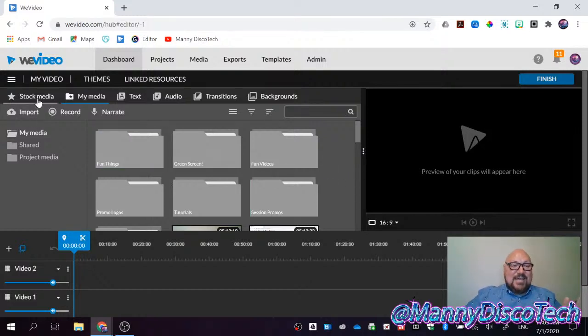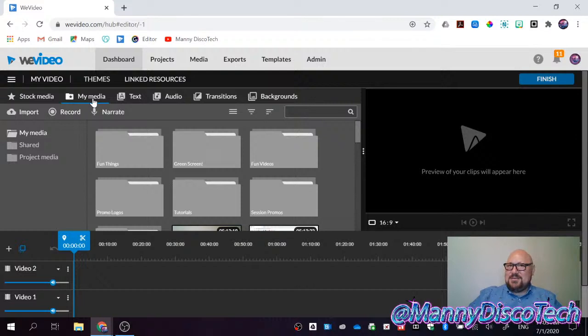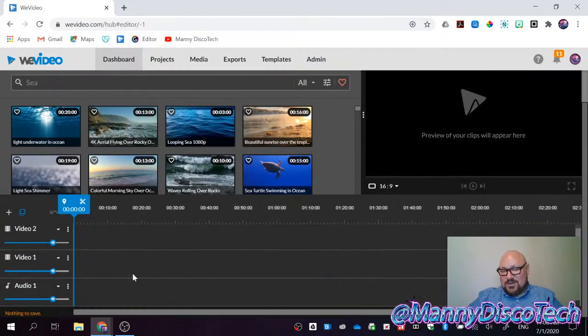before, it used to open in the stock media, and this was the view that you will see when you click here on the star. Now, I guess now I started my media, but anyway, this is where I used to start, and I see all kinds of videos here, and then it says preview, and then I have video 1 and video 2, and then they don't tell you that down here it's audio 1. So I'm gonna tell you, just worry about video 1 and audio 1. That's it. It's just a plain video, just 2 layers. 1 layer of video and 1 layer of audio.